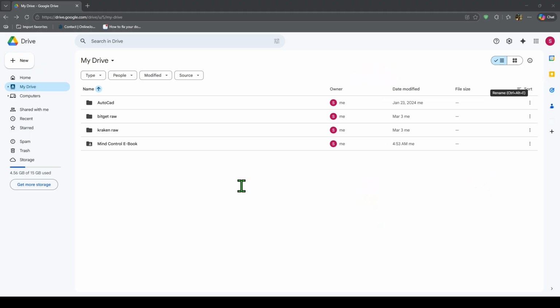Google replaced that behavior with shortcuts, which means the original file stays in one location, and you place shortcuts to it in other folders. Google says shortcuts are now the way to organize the same file across multiple locations without making extra copies. So, if your goal is to make one file appear in more than one folder, open Google